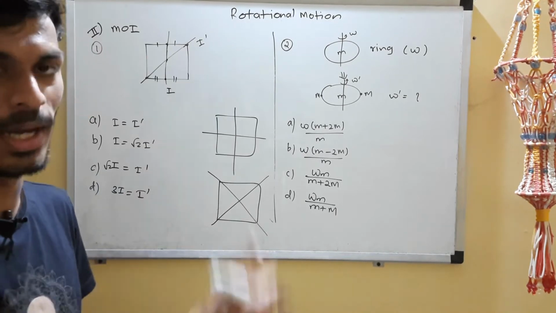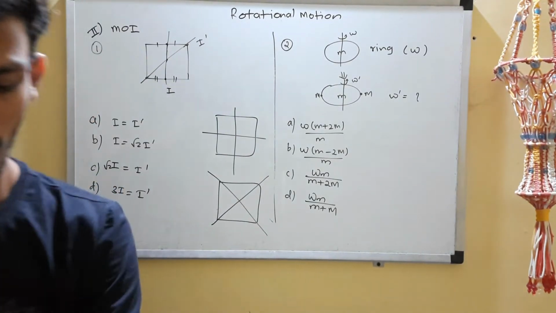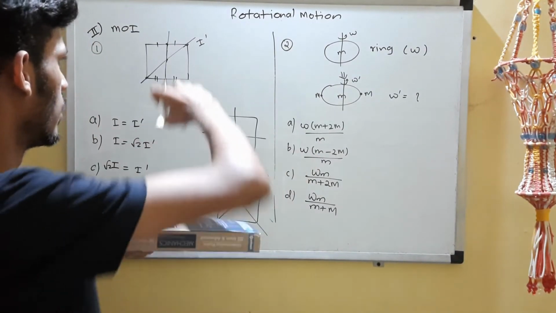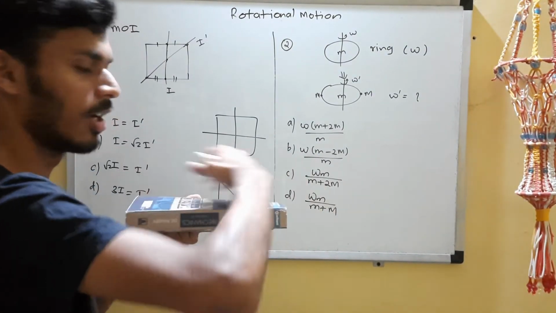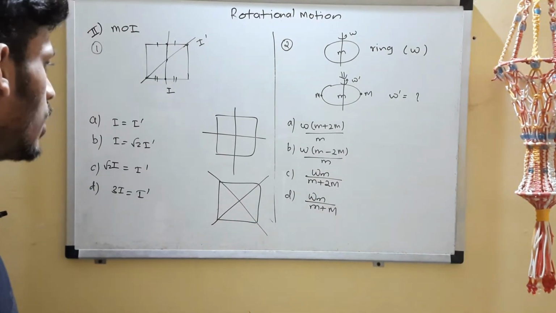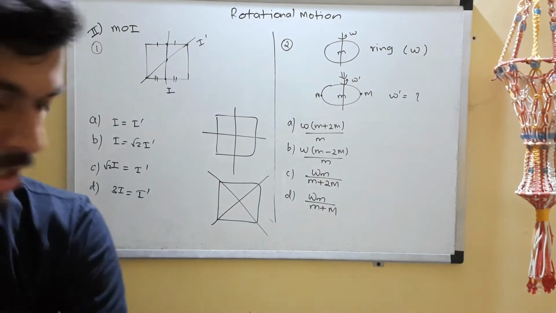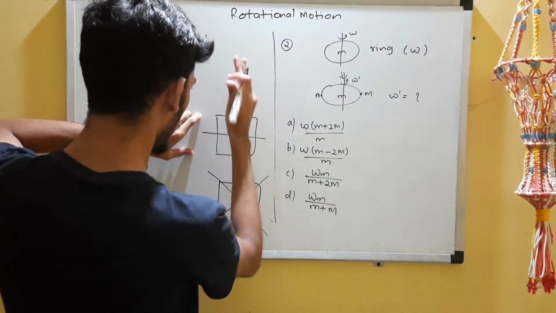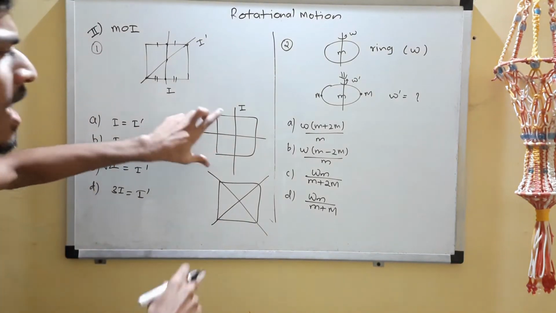Okay, not perpendicular to the plane. So they are within the plane of the figure. The first axis is along this line in the plane, and the other axis is like this. So now we have imagined these two axes. Here you know that the moment of inertia along this axis is I, it's given, and since a